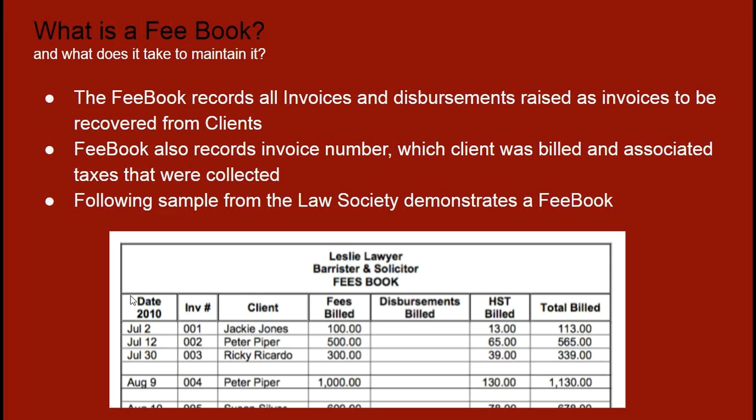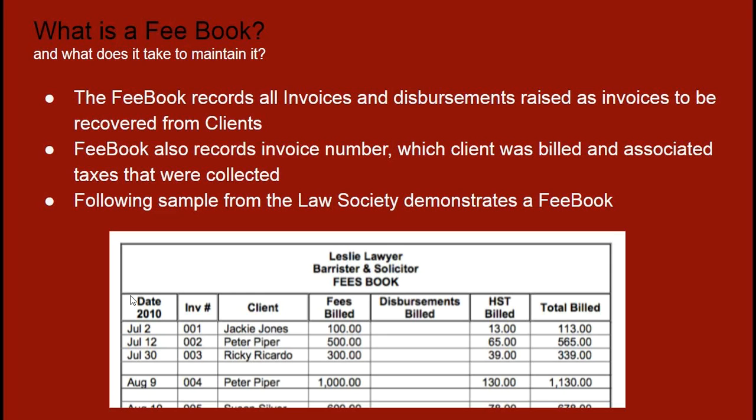And if you're doing this the manual way, then what you need to consider capturing and recording and being able to present is the date when that invoice was generated, an invoice number for uniqueness, the client, and if possible, the matter too, for whom that invoice was generated, the total fees billed, once again, separating out jurisdictional taxes if you're actually asking for it, and any disbursements that were part of that invoice, giving you a total bill.